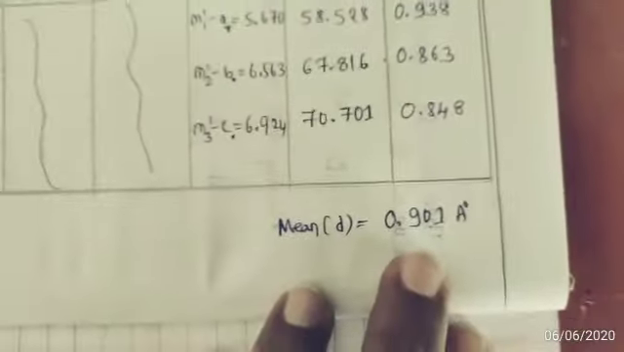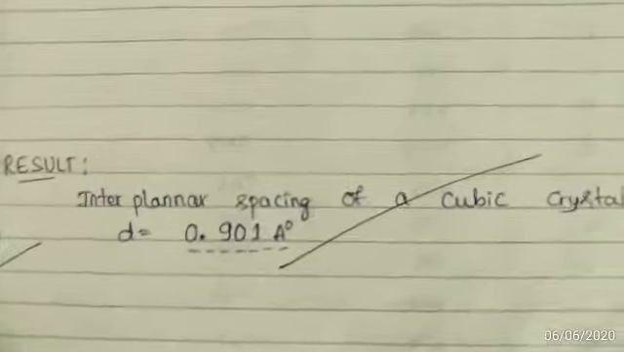I have taken mean of 6 readings, I got 0.901 angstroms. That is final reading, that is interplanar spacing of a cubic crystal, d is equal to